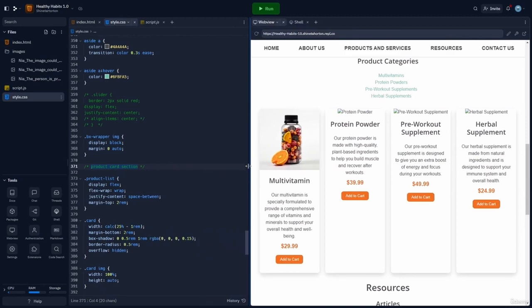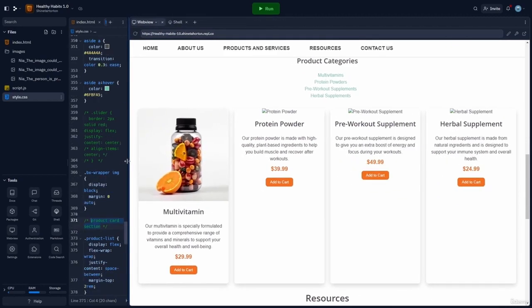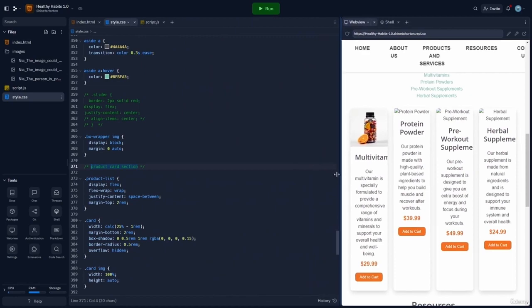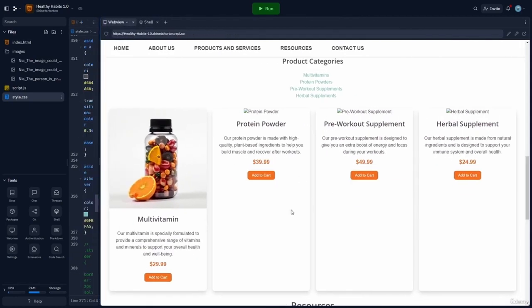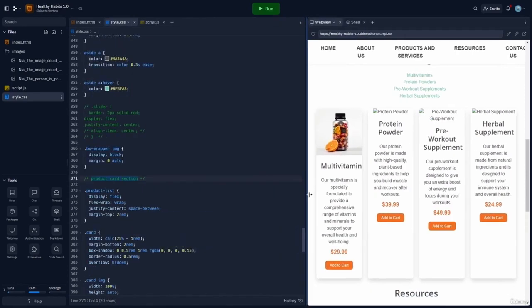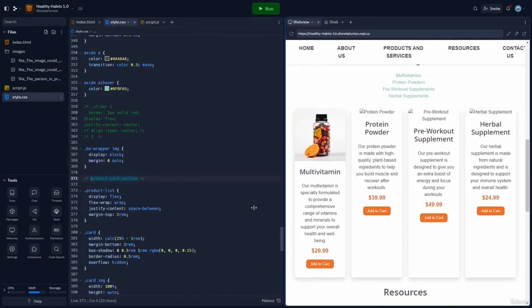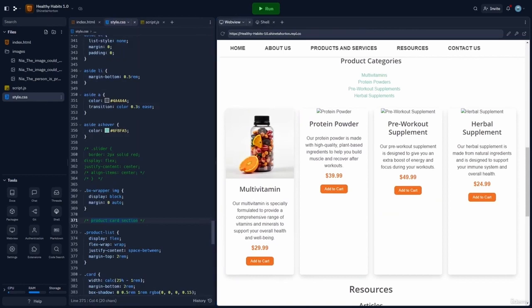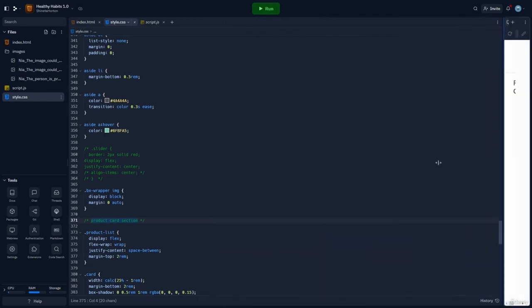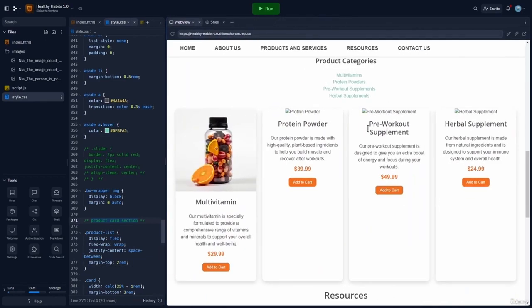First, let's ask ChatGPT to provide a code snippet to make our cards responsive. So we're going to go back over to ChatGPT and we'll request a code snippet to make the card section responsive. And that will simply make the cards, for example, if ChatGPT was to add a flex display and